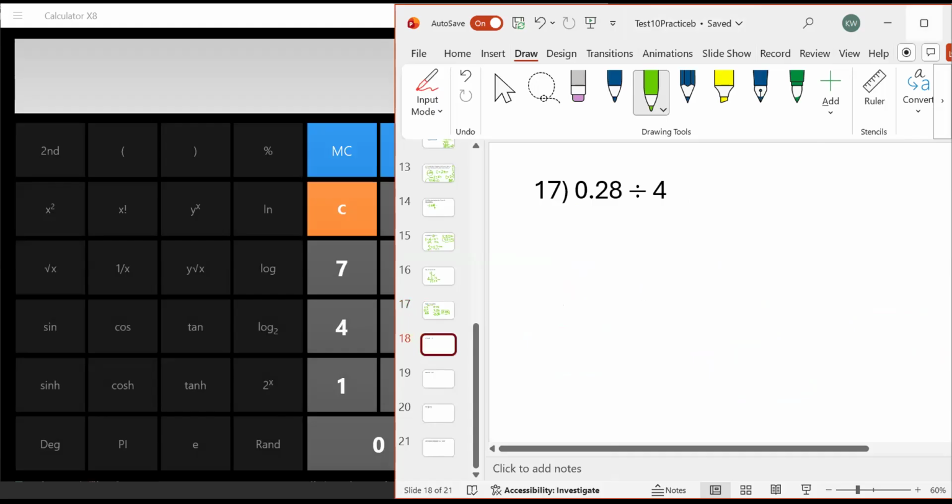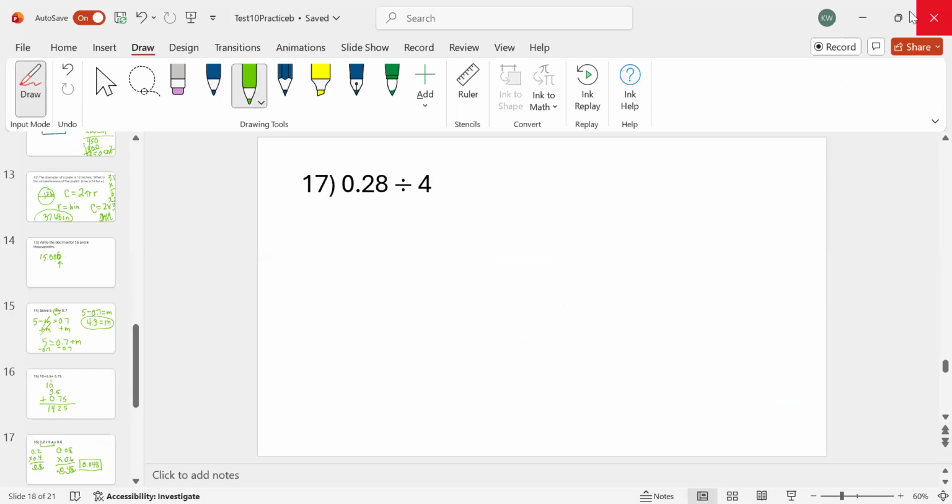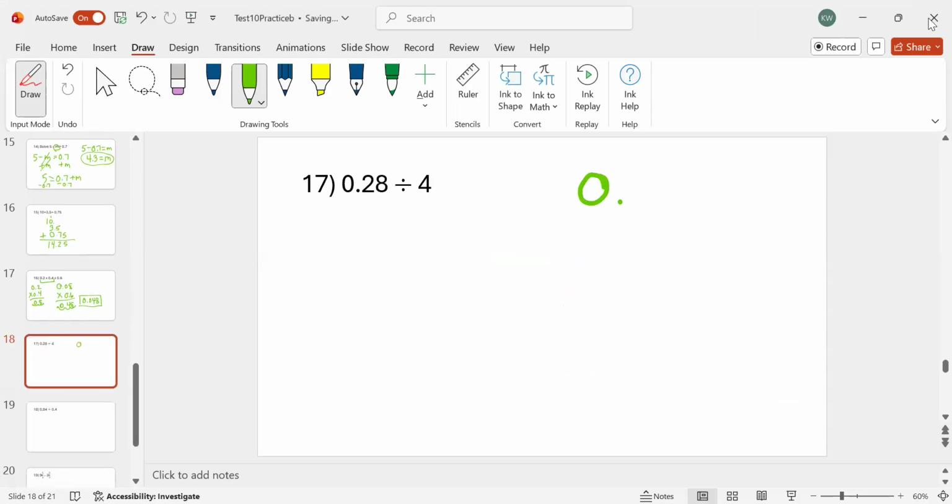0.28 divided by 4. So I'm going to do this as long division. Your decimal's right there because it goes up from where you have it. 4 goes into 2 0 times. 4 goes into 28 7 times. So we put a 28 there. 28 minus 28 is 0. So